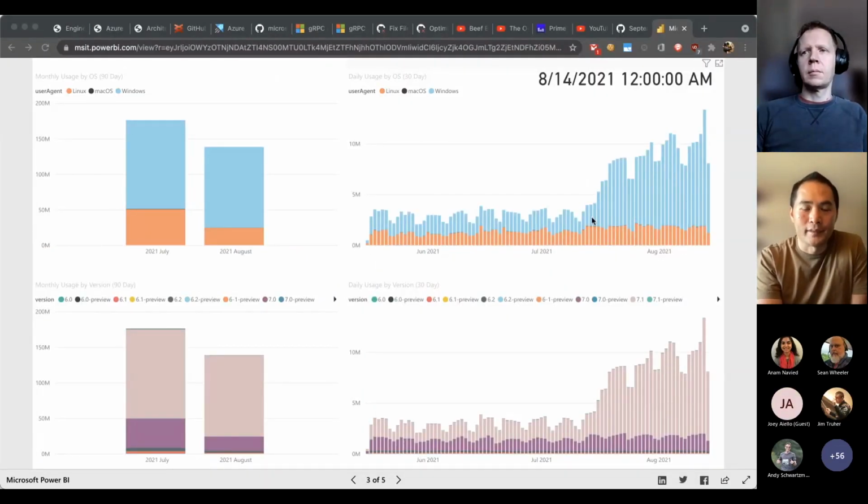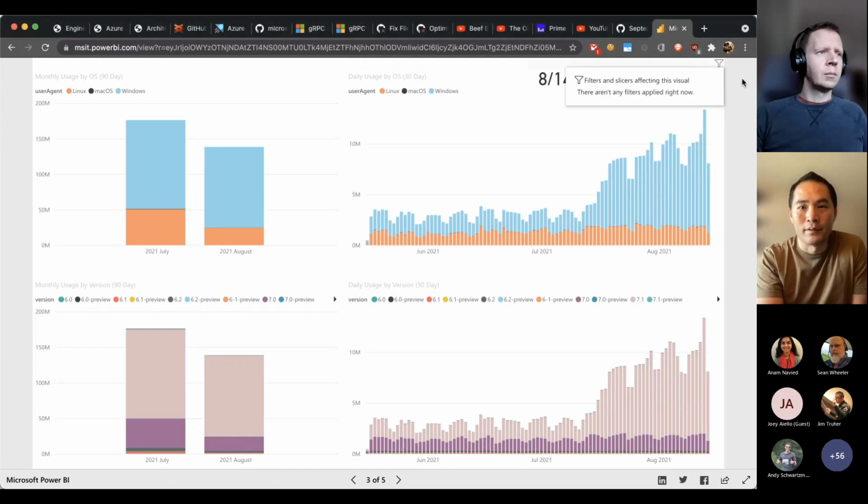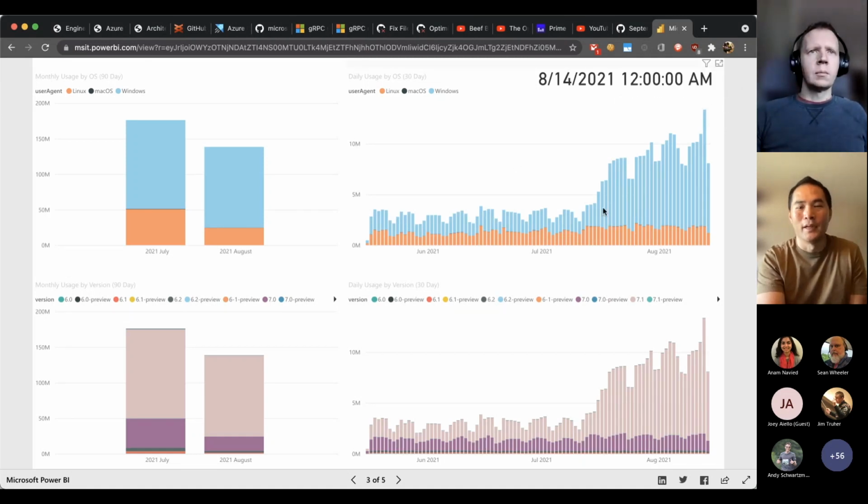So there has been a significant increase. All the blue is Windows, and all this orange down here. And in fact, I can probably do... Is this going to do what I want? It's not what I want. I don't want the filter. Stop it. All right, it's not letting me just enlarge this one, but you can see